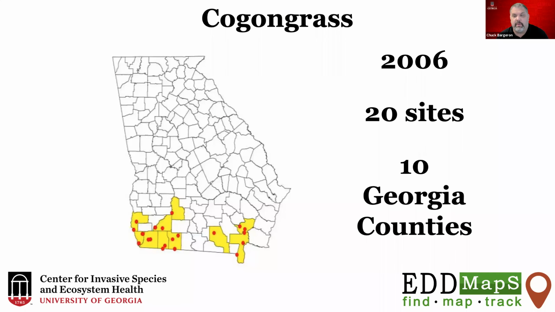And unlike some of the previous species that I've highlighted, with this one what I really wanted to highlight is not its spread over time, but the documentation of where it is over time, specifically in Georgia. What happened with this species is that in about 2006, a group said, okay, let's really focus on Cogongrass in Georgia and see what we can do to keep it from becoming the problem in Georgia that we knew it was in Alabama, Mississippi, and Florida.